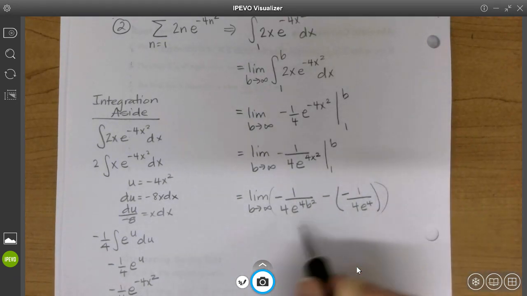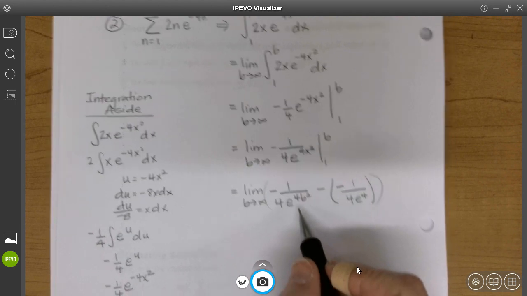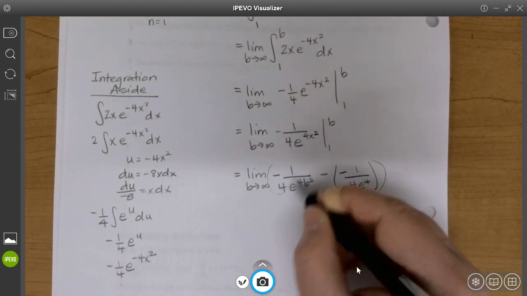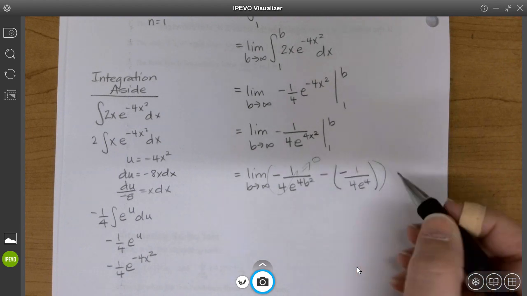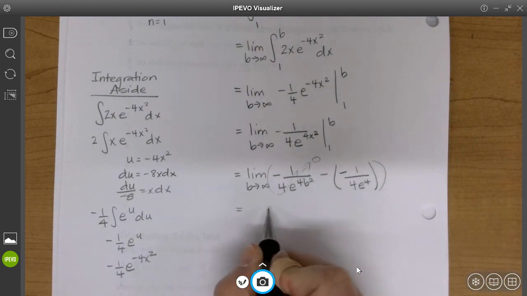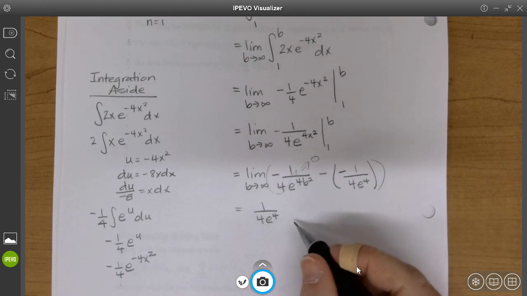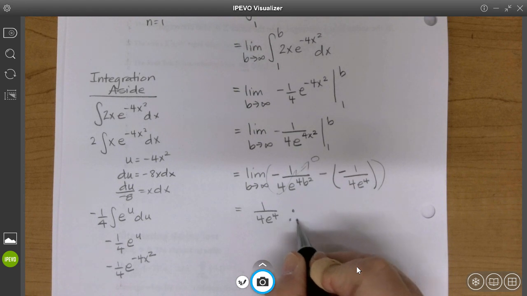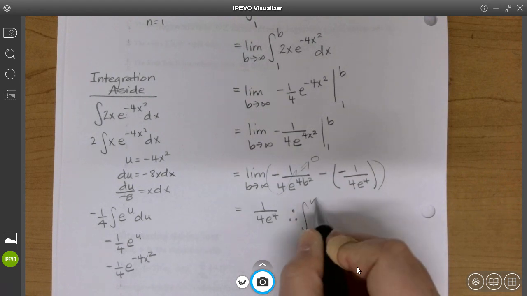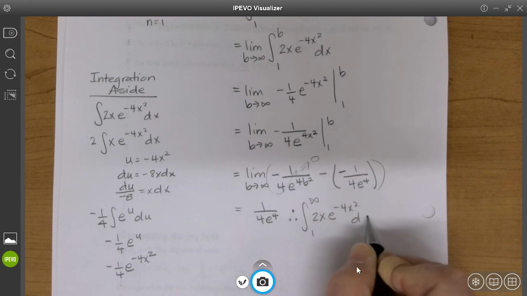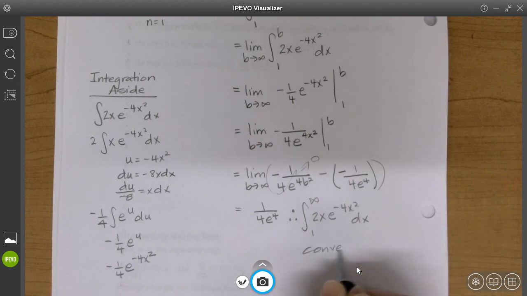Okay, and then we're going to let b go to infinity. So when I let b go to infinity, this 4b squared gets very large. So this term here is going to go to 0, and I'm left with 1/4 e to the 4th, which is a number, which means my integral converges. So we would say, therefore, the integral from 1 to infinity of 2x e to the negative 4x squared dx converges,